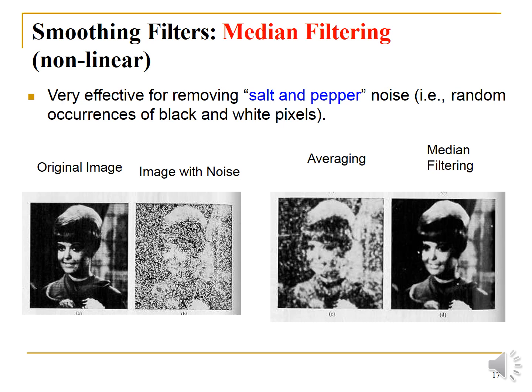In this case, it is very effective against salt and pepper noise, that is the random occurrence of black and white signal. When you look at the example, the original image is taken for consideration and after that the black and white noise, that is the salt and pepper noise, is added. After that the averaging filter is applied, and the final output is obtained after applying the median filtering to it.